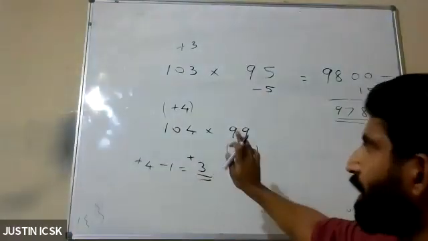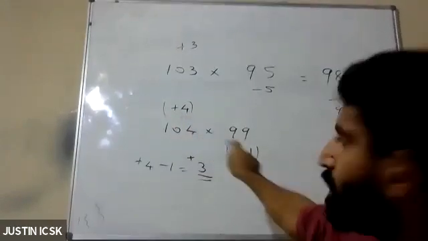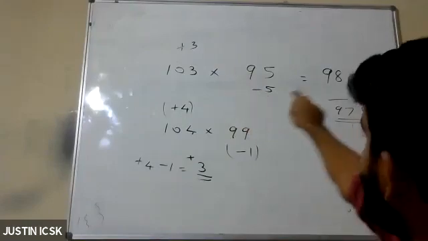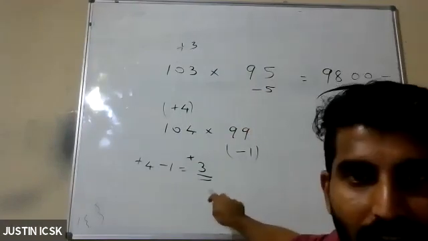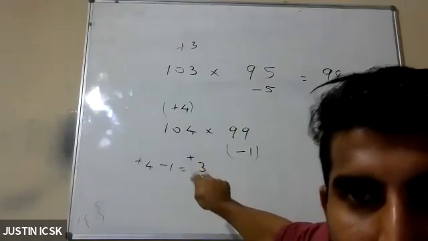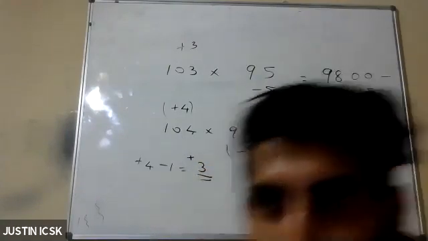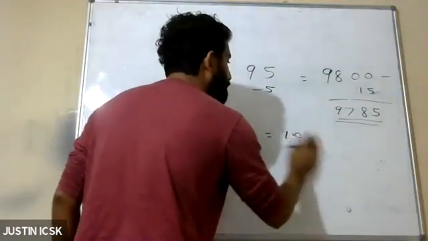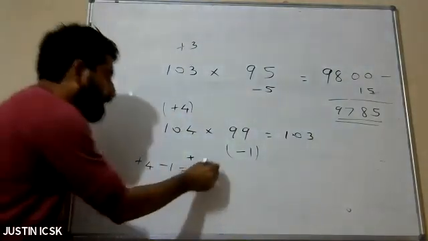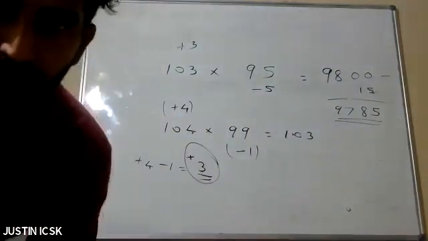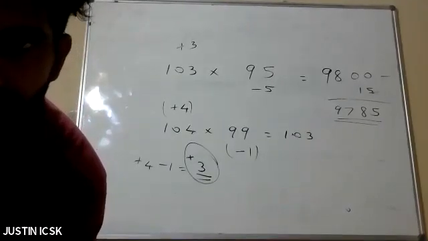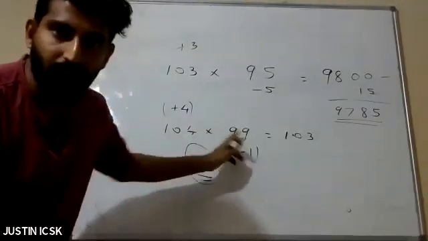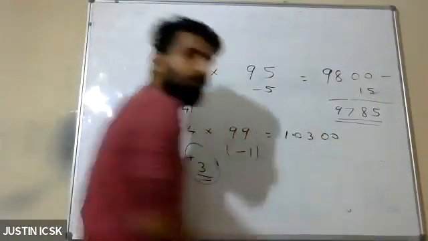I think till this is clear. First I wrote plus 4 minus 1. 4 minus 1 is 3. So previously we got minus 2, that's 98. This is plus 3. If it is a plus number, we add it, okay? So 100 plus 3, 103. Now see, both are different, so put two zeros. Put two zeros.